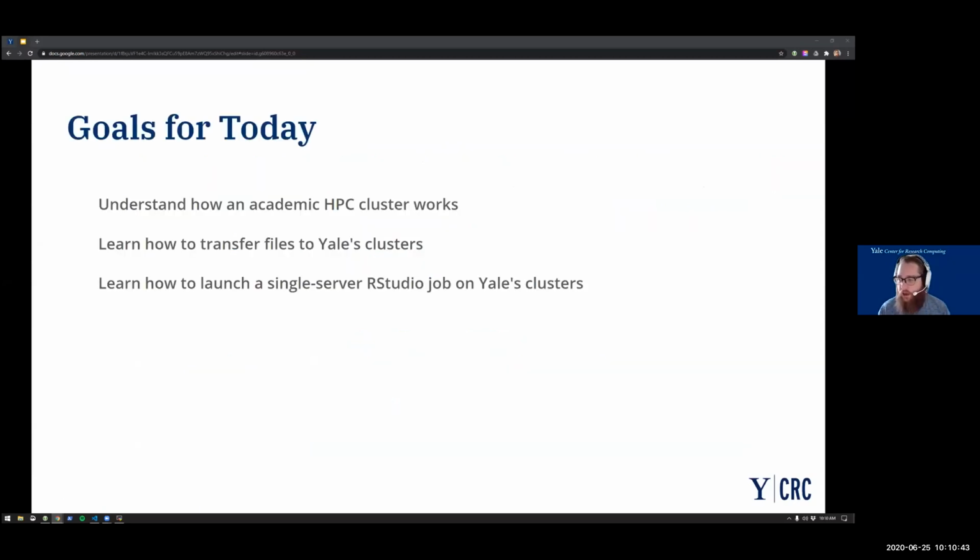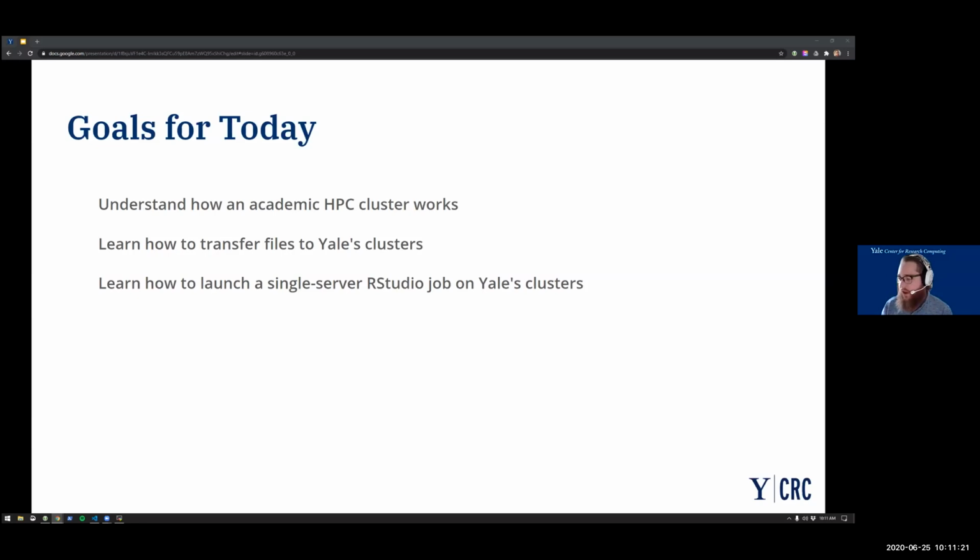For today, I wanted to take a different approach than we often take at the YCRC for an introduction to the clusters. We often focus heavily on understanding more deeply a lot of the tools underlying some of these graphical things that I'm going to talk about. Instead, I just want to focus on the bare minimum to get you up and running and have an RStudio window on one of the clusters that we maintain. Maybe this is your little taste of what you could be doing.